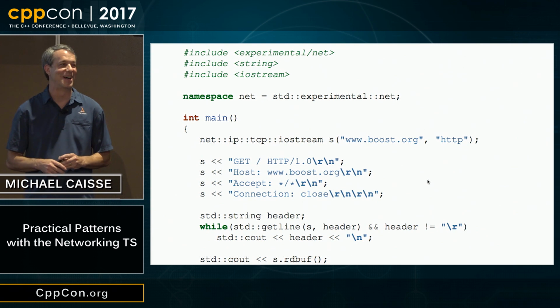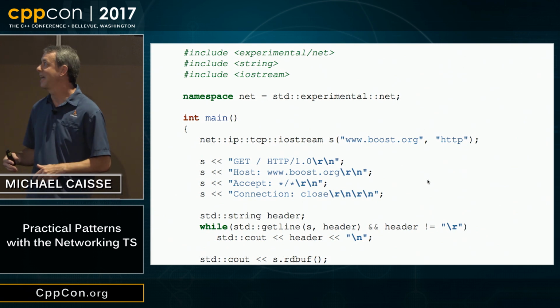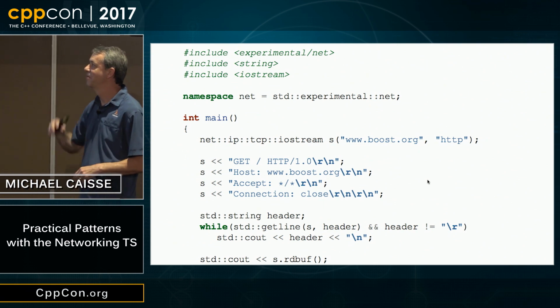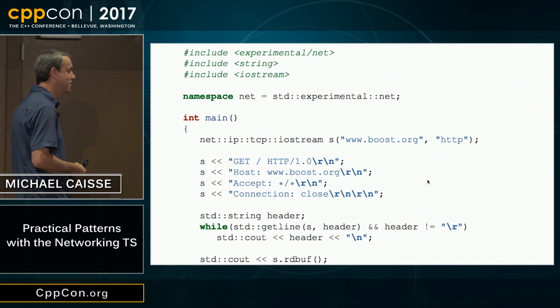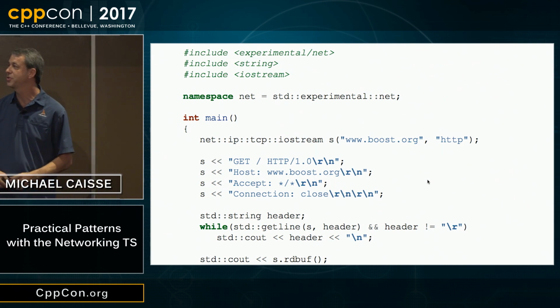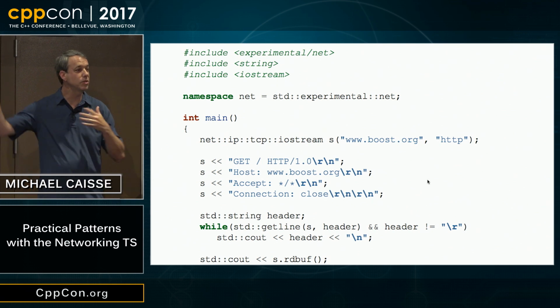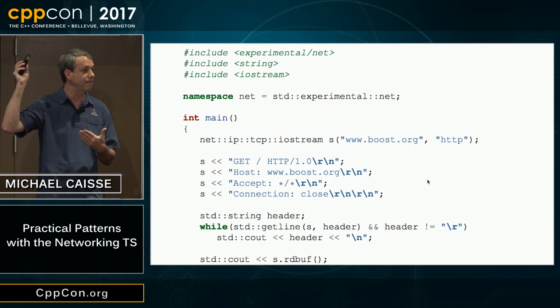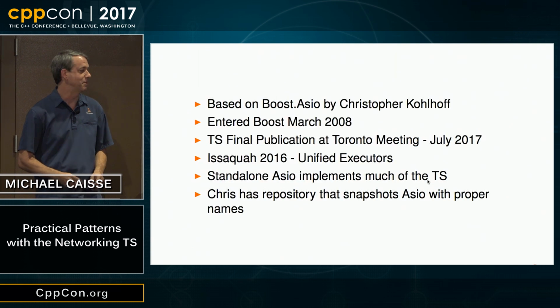All right, so with I/O stream looking things, we can get a stream that is connected to something or another, a server, and we can go ahead and send some things out to the stream. We can read the stream like we'd normally read streams, and then print the output. So a few lines of code, we basically have networking. None of you are convinced yet. We'll talk about that in a moment.